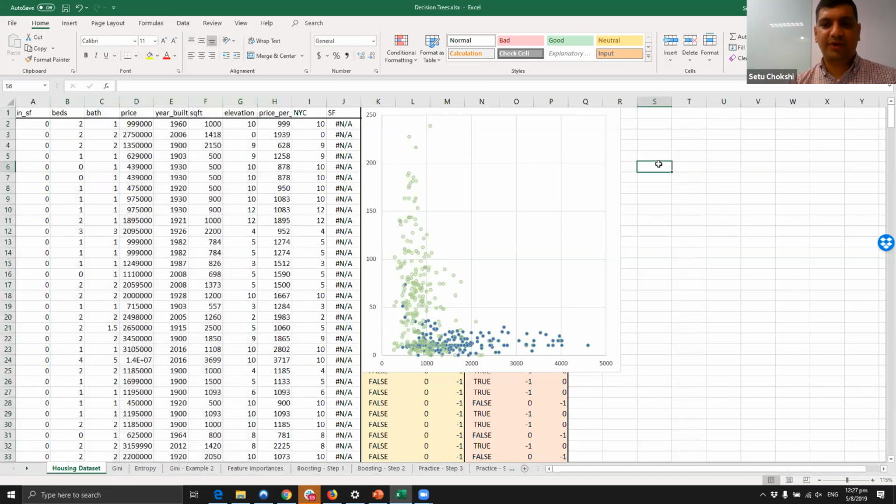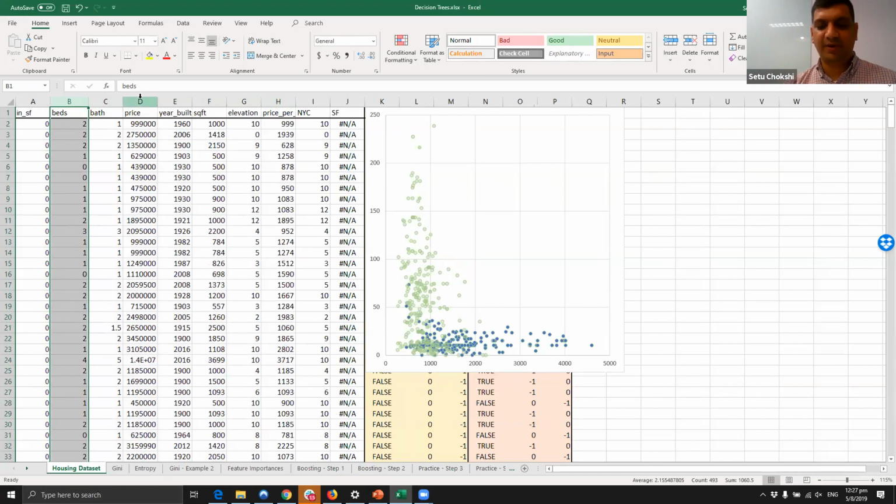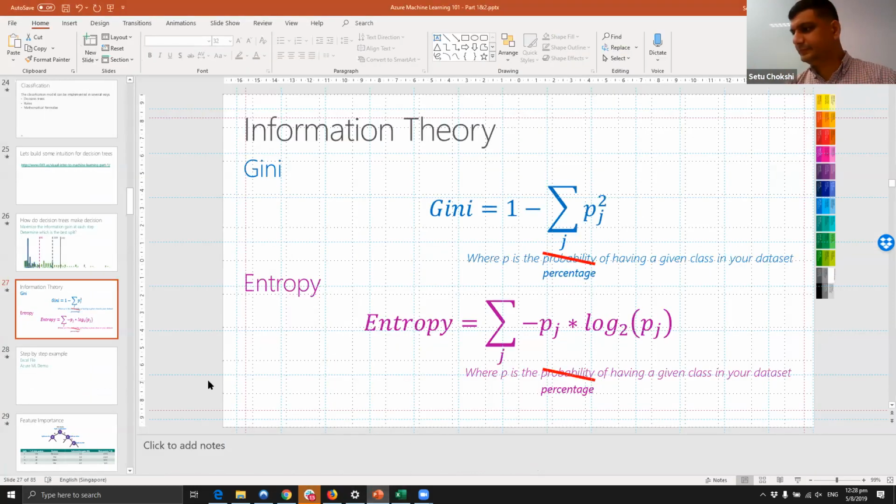So I'm going to take the square root of 7 because I have 7 attributes, and then round it up or round it down, depending on the structure. So I'll randomly pick beds, bath, price, whatever, do my 128 splits, and then work it out. I keep randomly doing that. But when you do that, you have to make sure that you're not overfitting. So that's another way of tackling overfitting when you build multiple trees. We'll tackle this in a bit. So is this part clear, of how a decision tree works this out?